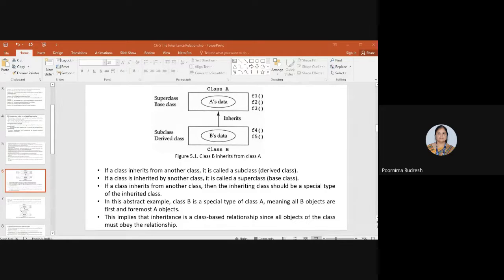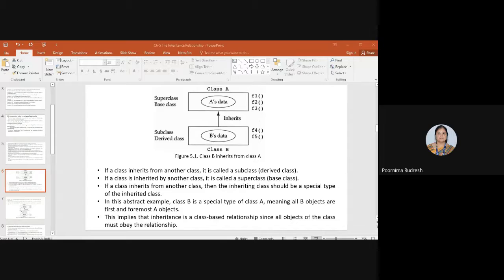This does not necessarily imply that methods of the derived class can see the data of their base class. It means that a subclass will always have a superset of its superclass's data. So even though all the B objects get a copy of the class A data, it is not necessarily implied that the derived class can see the data of its base class.